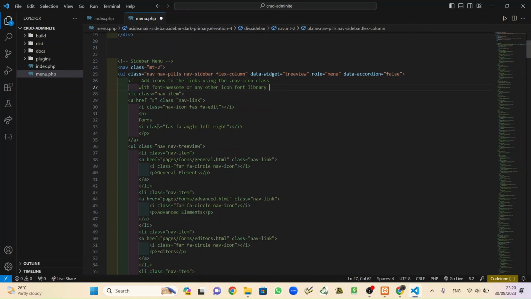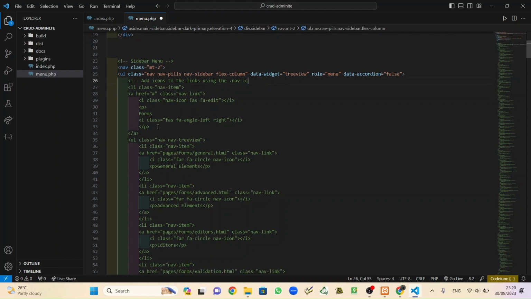Okay. Also the notes. If you have a problem with the notes, just remove that and refresh.